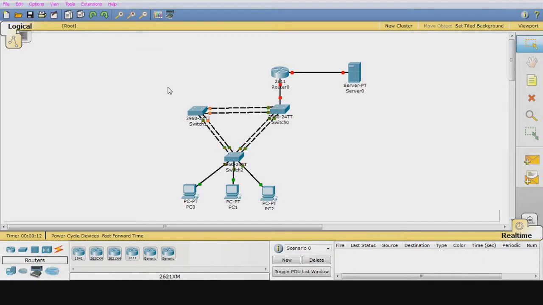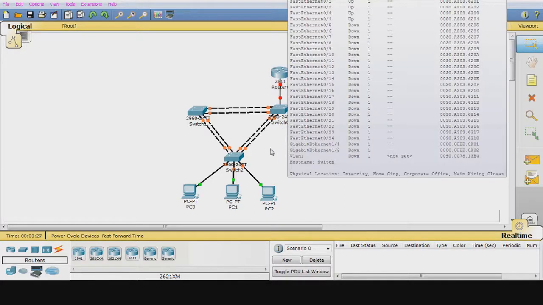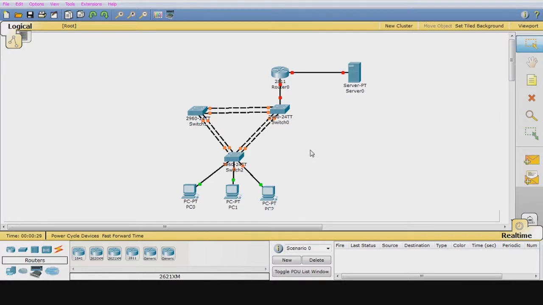And now we have already put out our components, and we will start to configure our switch 1, and right now it's switch 0. We will be doing the basic configuration of a switch. Keep in mind we have